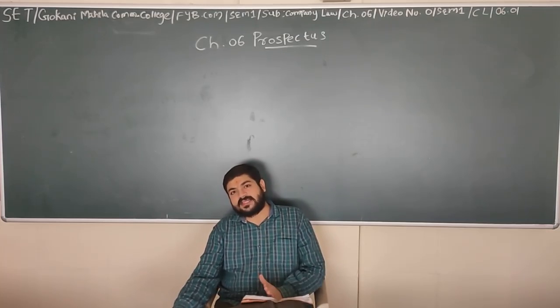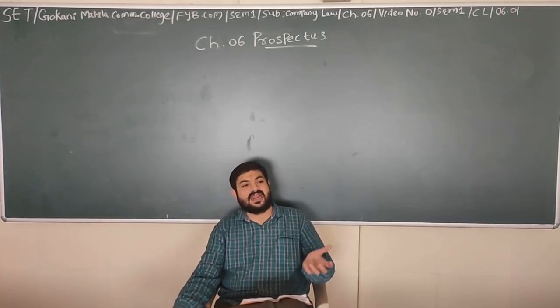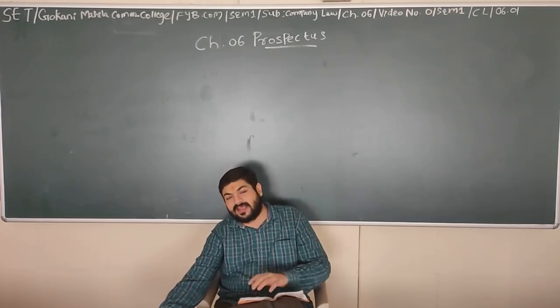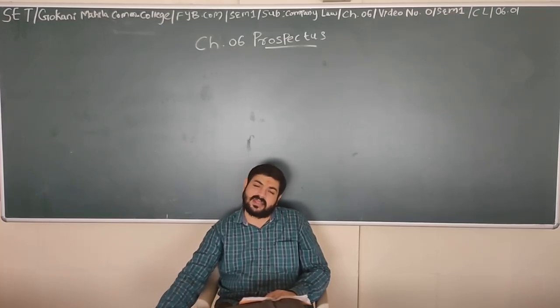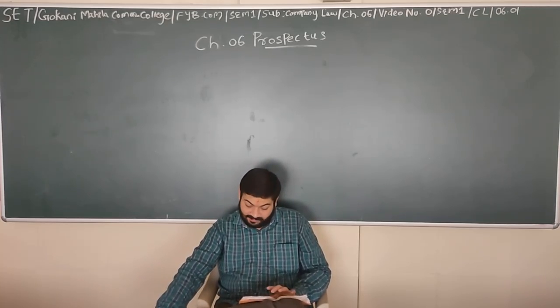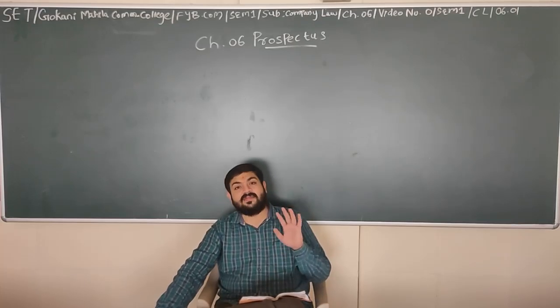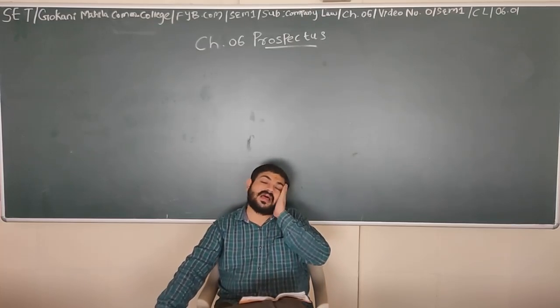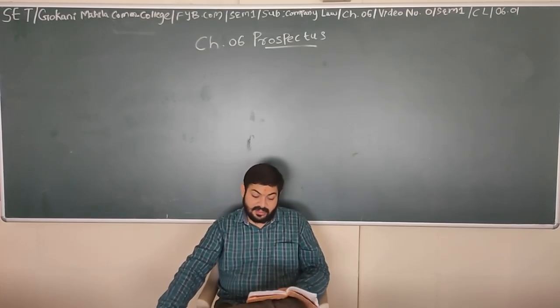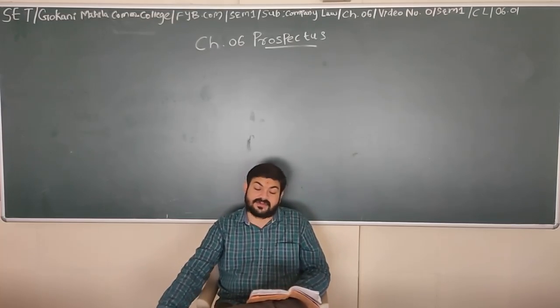Before incorporation, the promoters decide at which place you will be doing business, and for doing such business they will be buying some land or factory or something. All agreements and all assets are recognized in the company. So basically before the prospectus, first the idea of the company should come and the basic agreement has to be done.